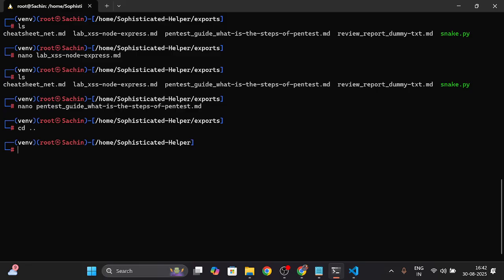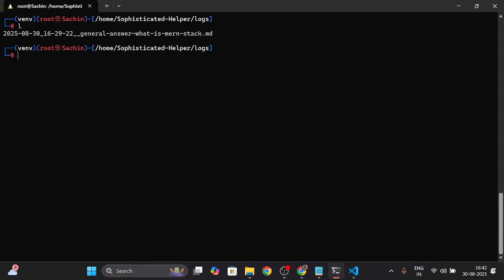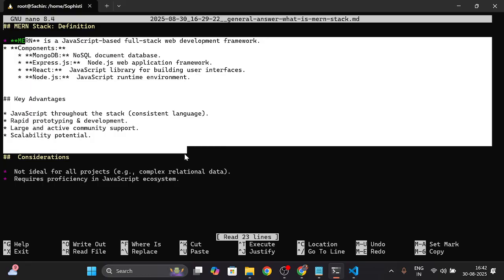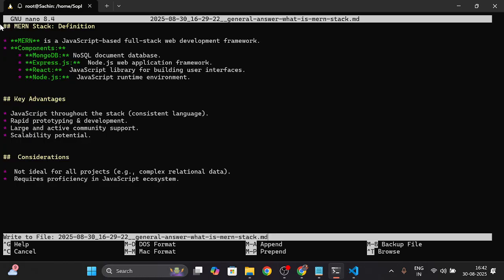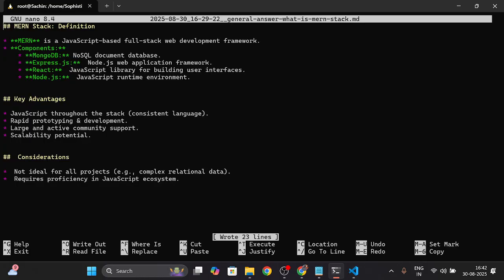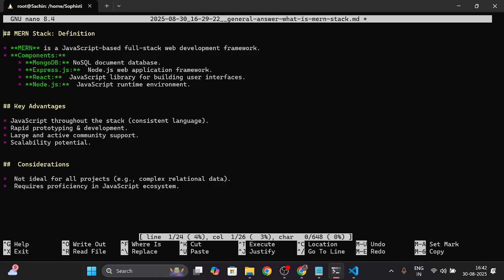Then let's check the logs folder, which is generated here. Yeah, it will give you, if you recall, we asked the general assistant what is one step. Let's see what it gives us. Yeah, you save the things, and this thing saves in logs. So yeah, that's my